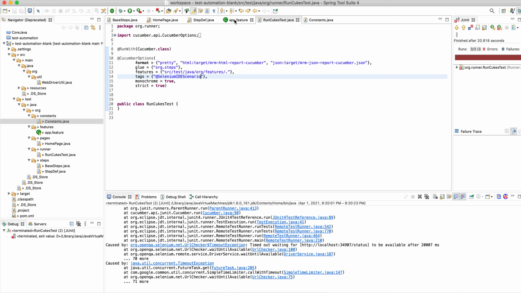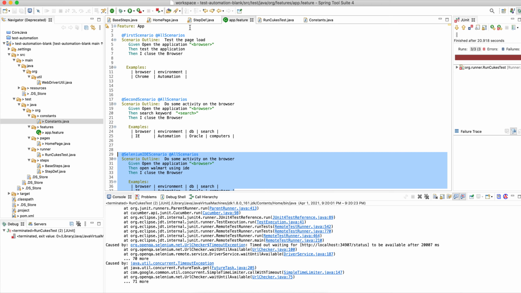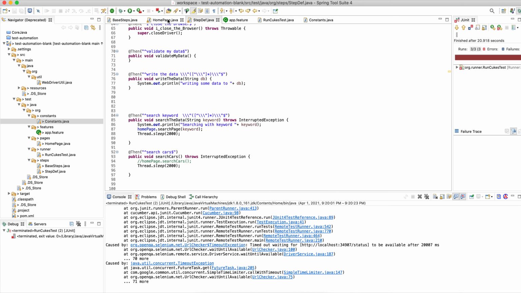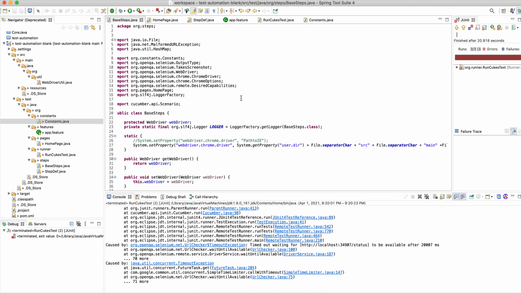Run quick test, app feature. This is blank. Step def, home page. Everything is good.